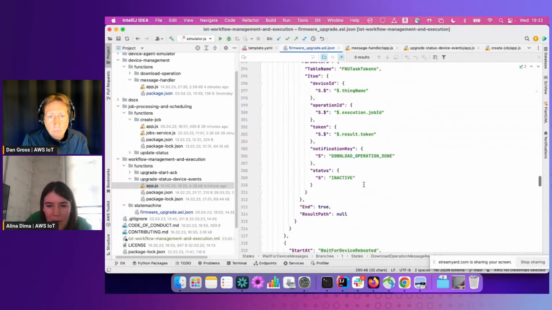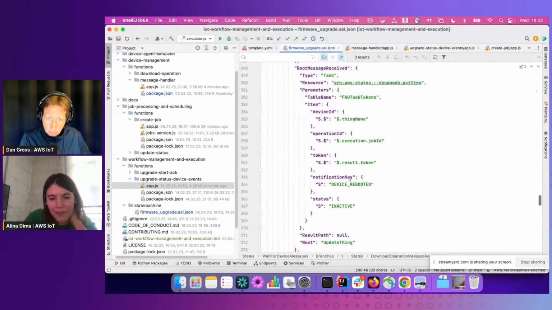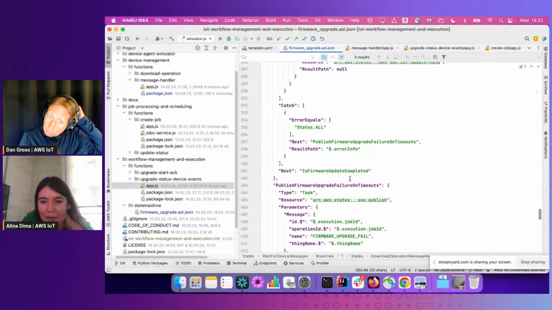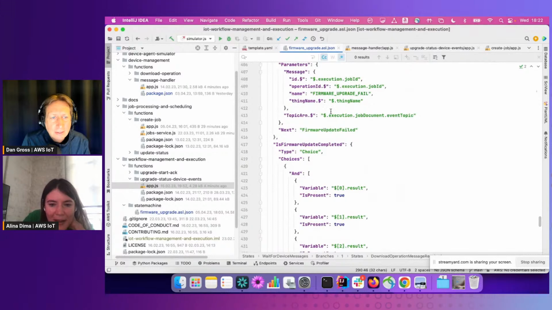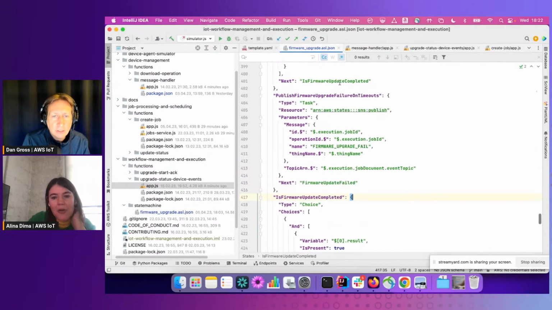So, okay, so this deactivates. Yeah, even I'm getting confused too much. These are all the failure scenarios. Yeah, this is it, right? So the is firmware update completed. So completed. Oh, yeah, of course you need, and this is when each of these states are basically pushing their results,